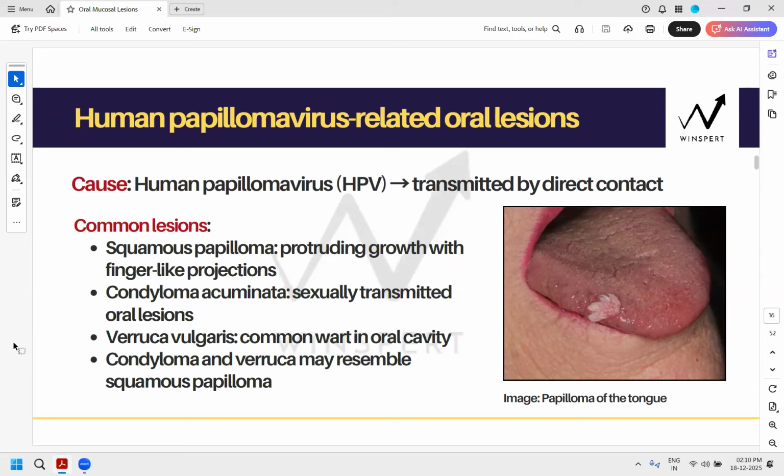All right. So clinically, condyloma and verruca, they are your HPV related lesions. Intraorally, it's condyloma, and extraorally, it's verruca. And they are clinically very similar to your squamous papilloma. All right. Now, HPV are also recognized as a possible cause for some squamous cell carcinomas. I just told you prior to certain concepts here that HPV is also linked and is a potential cause for squamous cell carcinoma.